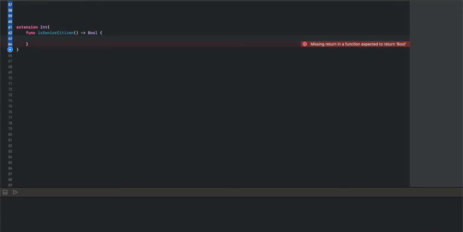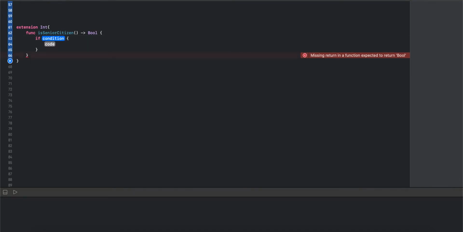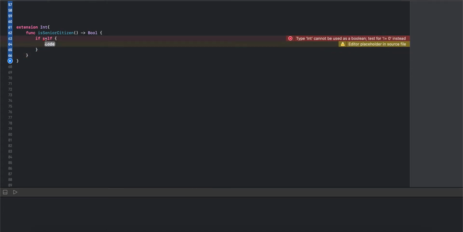Then we are going to create a condition statement of if: if self, which is an integer, is above 60, then it is a senior citizen, and otherwise not a senior citizen.